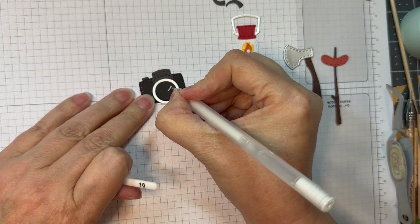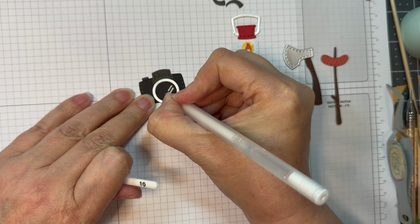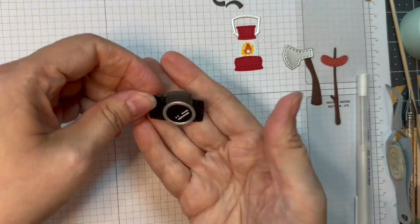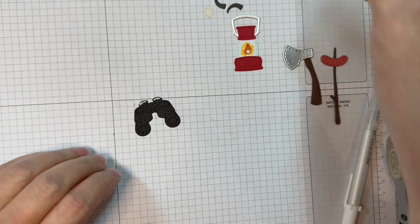And I'm just going to add a few little stripes of Secure White Jelly Roll pen in a number 10 just for some bold white highlights to make it look like glass. And there you go. Next, I'm going to put together these little binoculars, cut it out of Paper Tray Ink white or black cardstock first,